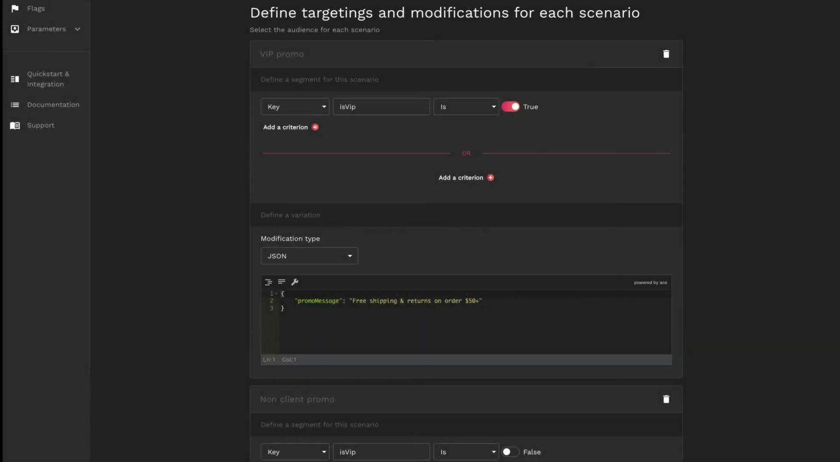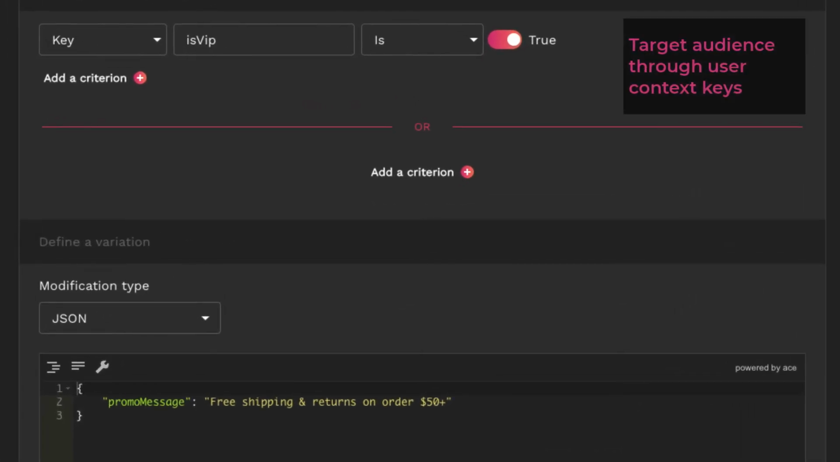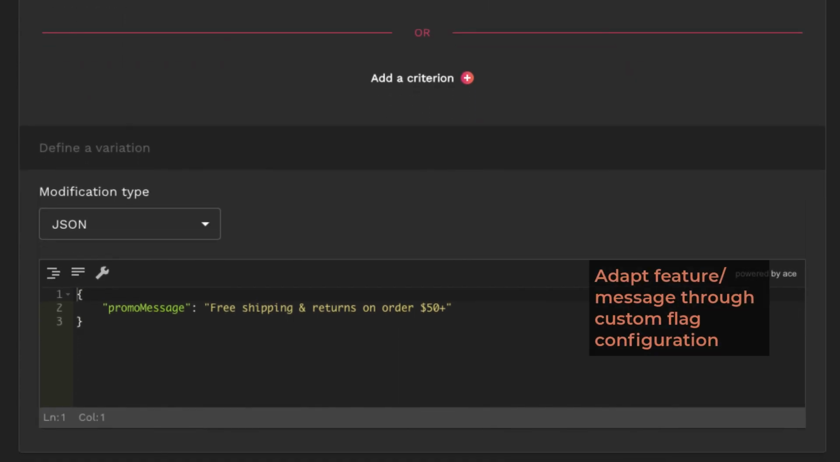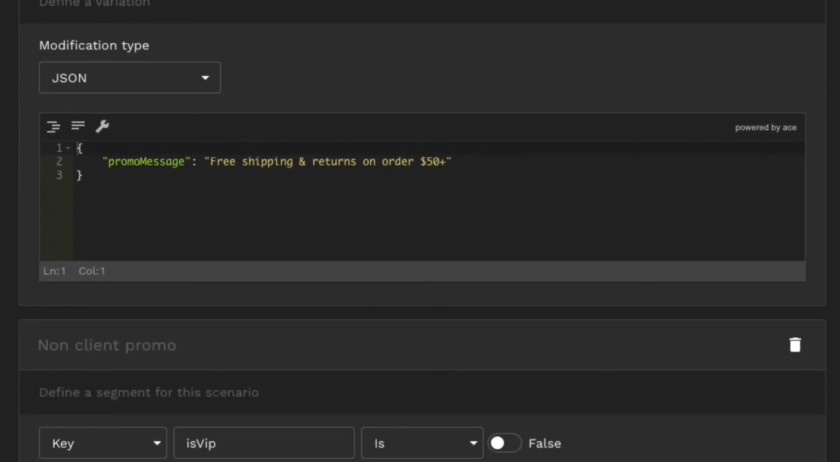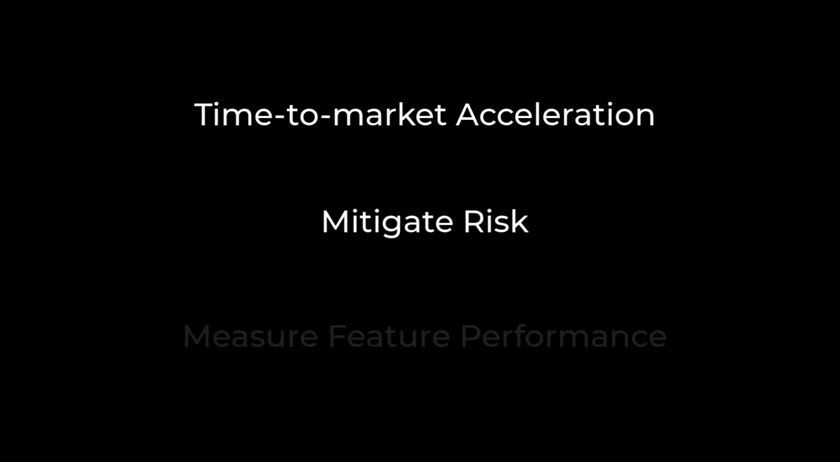In this video, we've basically covered two key capabilities to help you personalize your user experiences and be more relevant. By being able to target groups that share the same user context keys and assign them a set of features configured through JSON flags, you can easily deliver targeted messaging, personalized offers, or recommend the most relevant content for your users. With Flagship, you enable innovation, accelerate your time to market, all while controlling risk and measuring the business impact